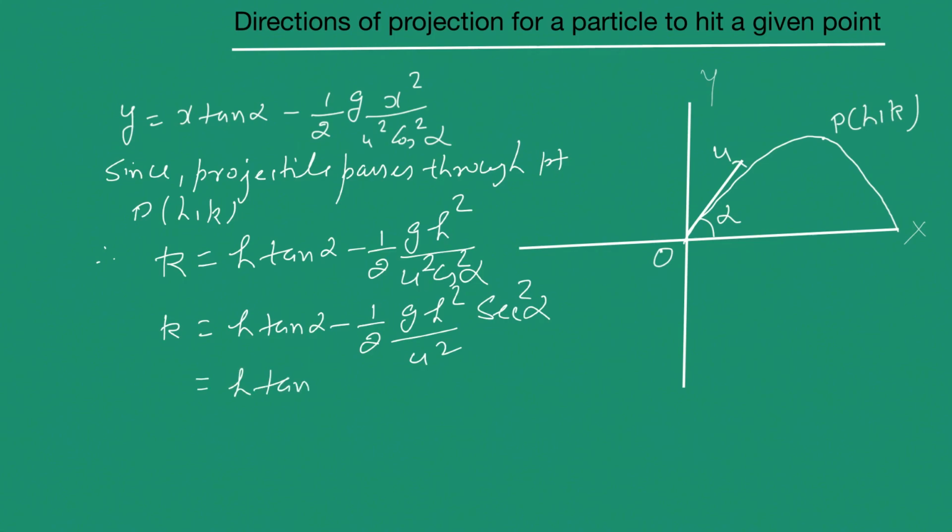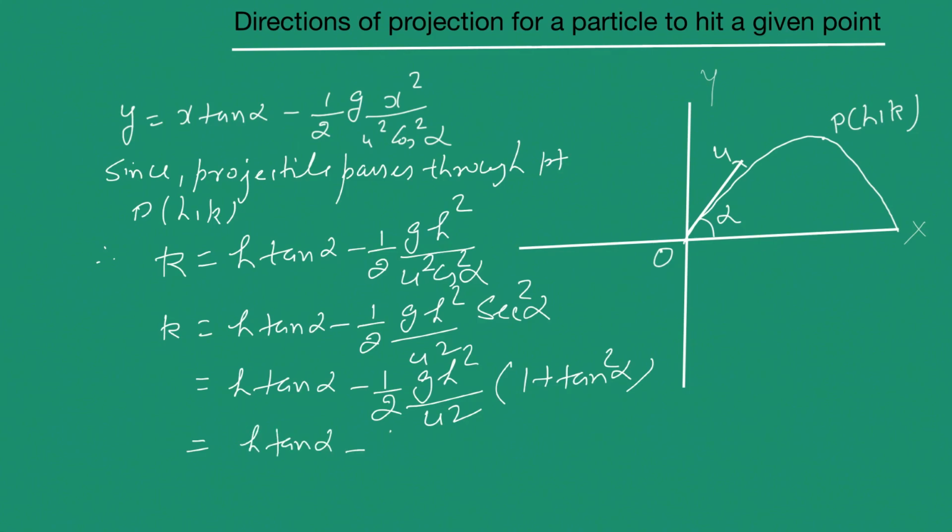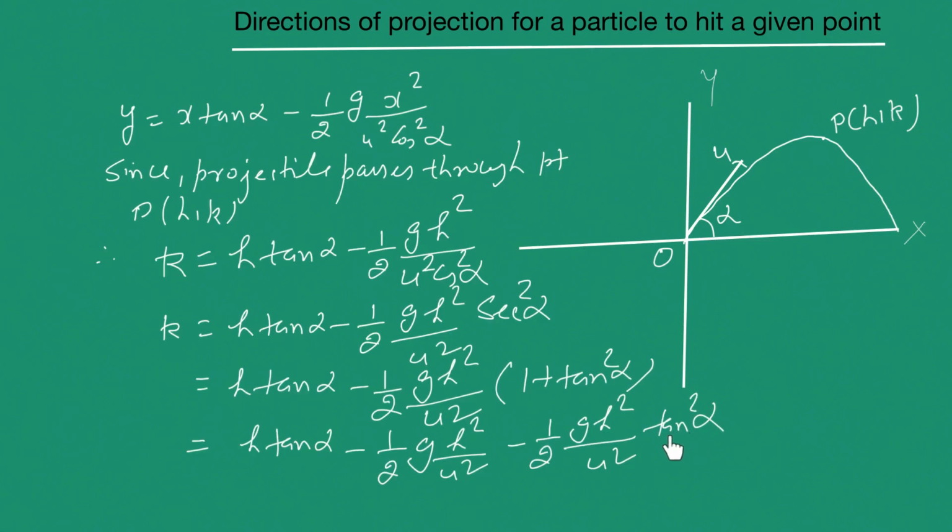This is h tan alpha minus 1 by 2 g h square by u square, secant square alpha. Secant square alpha is 1 plus tan square alpha. So this can be written as h tan alpha minus 1 by 2 g h square by u square minus 1 by 2 g h square by u square tan square alpha. Now this equation is quadratic in tan alpha, so making the coefficient of tan square alpha as 1,